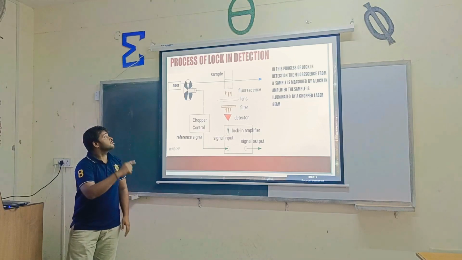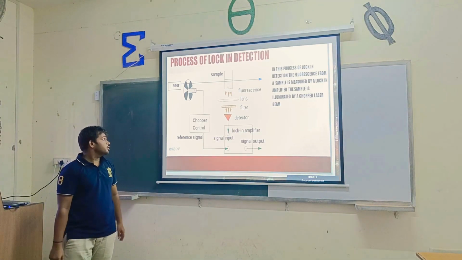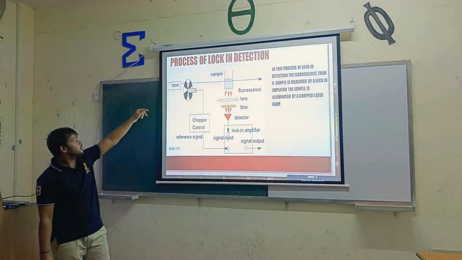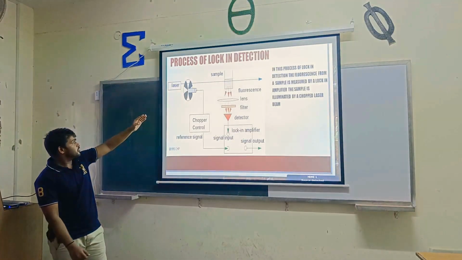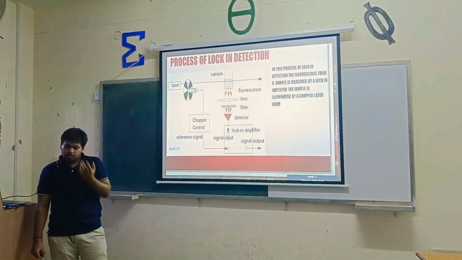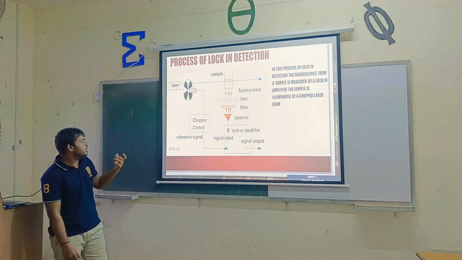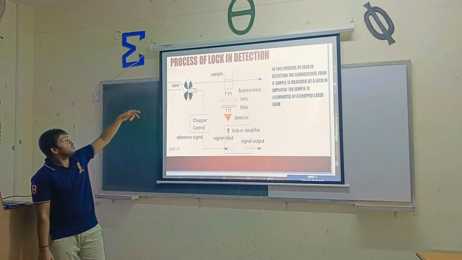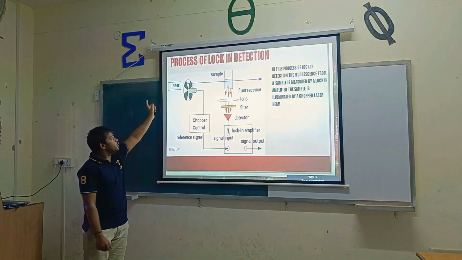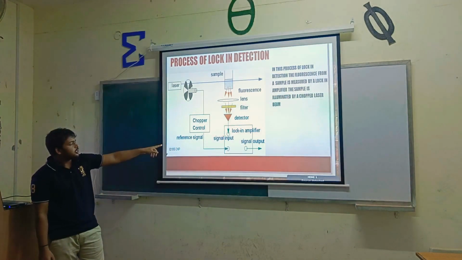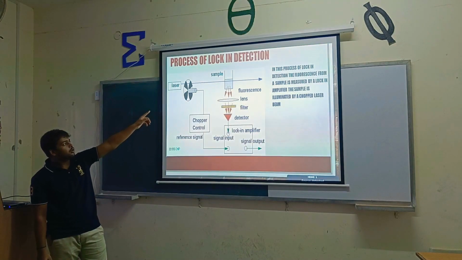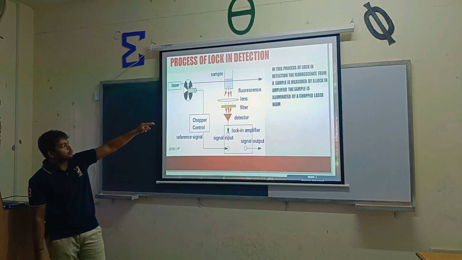Now let's look at the process of lock-in detection. First I will explain the process. Let's say that's the sample. We throw a laser at the sample, and we use the chopper control. A chopper is a device used to create the reference signal as well as modulate the signal of the laser to carry information about it. When we use the chopper control, the reference signal is created, and the laser is chopped and applied to the sample, and the fluorescence of the sample is taken